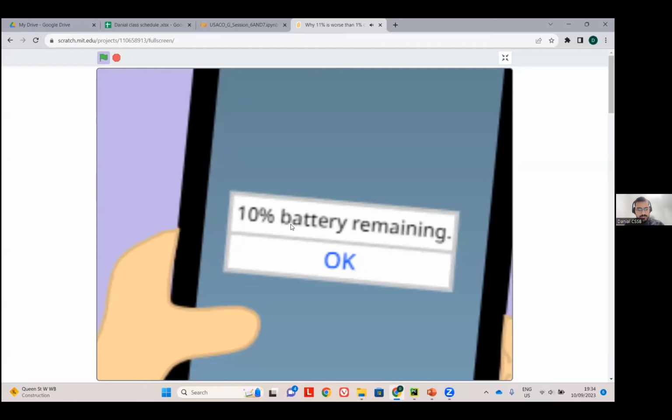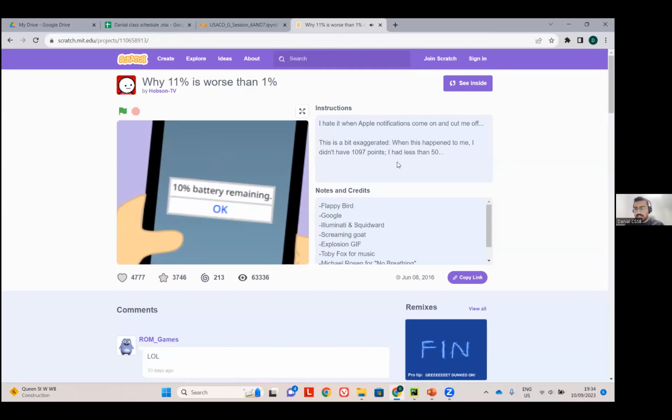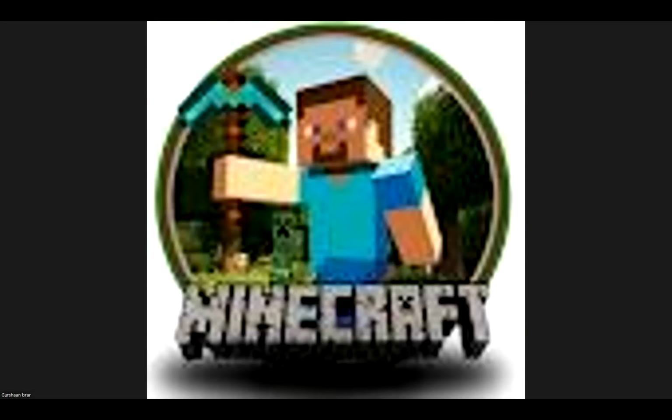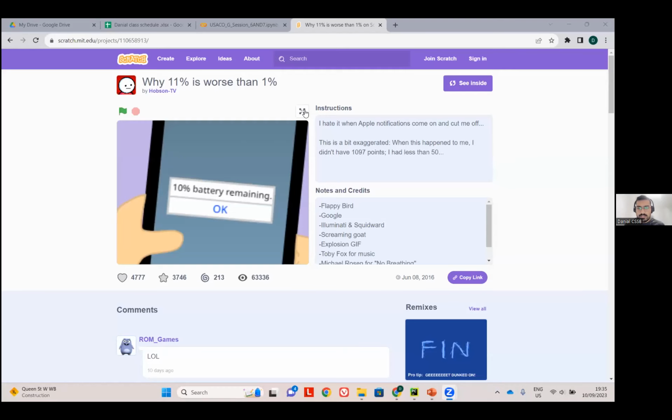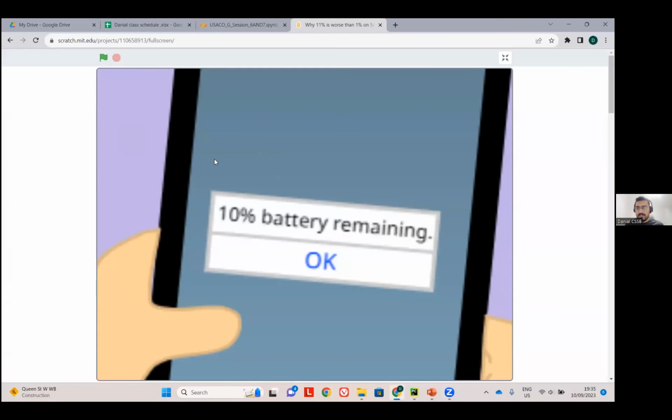Let me also first check: can you hear the sounds? Can someone tell me if they're able to hear the sounds? No. Okay, so let me share the screen in another mode. I think that will be okay this time. Let me share the sound also. Okay, so I think this time you would also be able to hear the sounds.